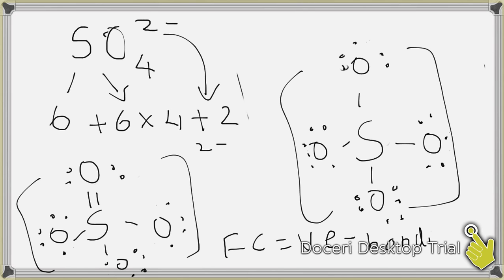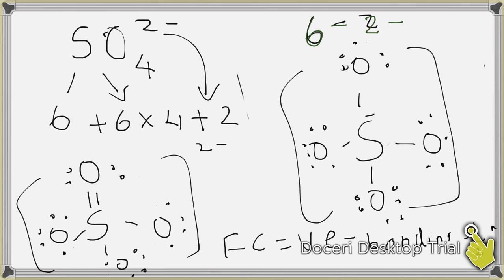Half bonding, and non-bonding. So for example, if I find the formal charge for this oxygen, valence electrons are 6 because oxygen has 6 valence electrons, bonding electrons 2. Bonding is 2, right? Let me use another color, green color is good. So 6 minus 2 minus half non-bonding electrons,